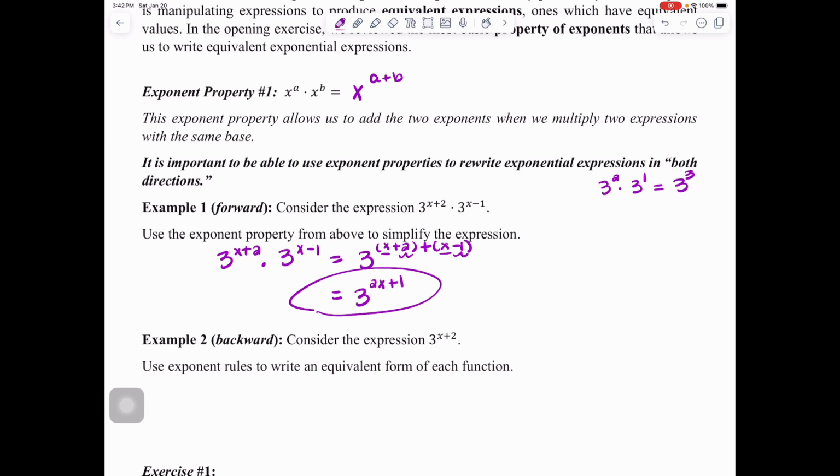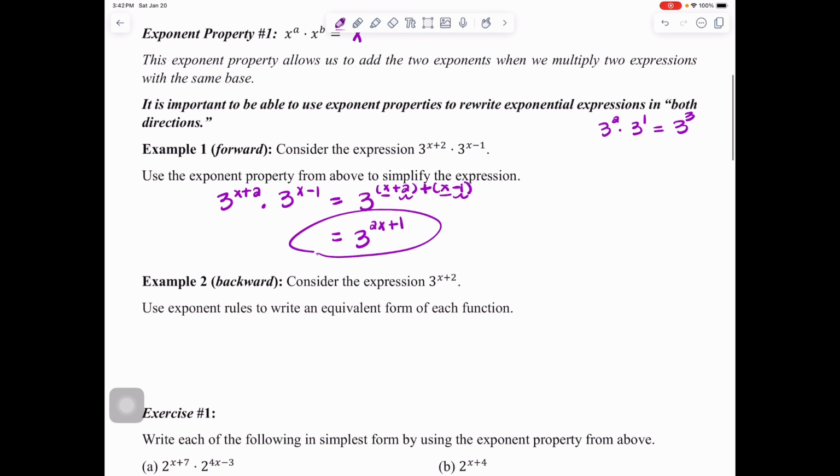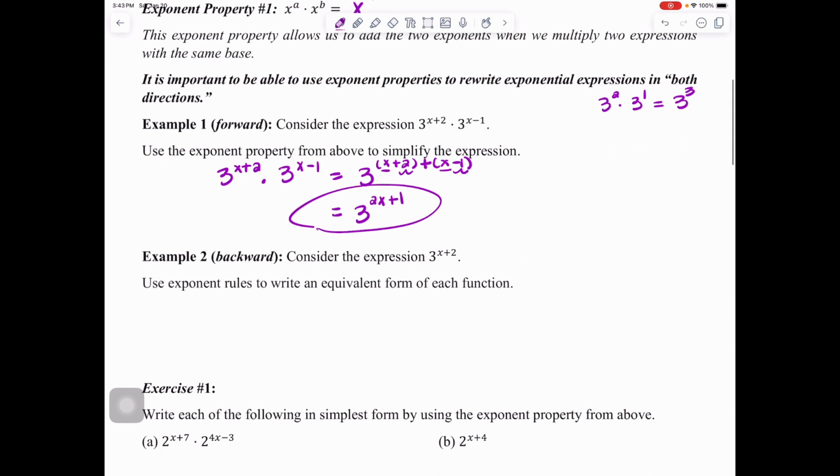Now, what's going to be more new to you, I would say, would be example 2, where you go backward. So here, we're going to consider the expression 3 to the x plus 2. So I want to write a little bit of note for this one, just so that later when you're trying this on your own, you can remember how we did this. If I'm looking at that exponent of x plus 2, we have to think about what that means. X plus 2 means the exponents were added,